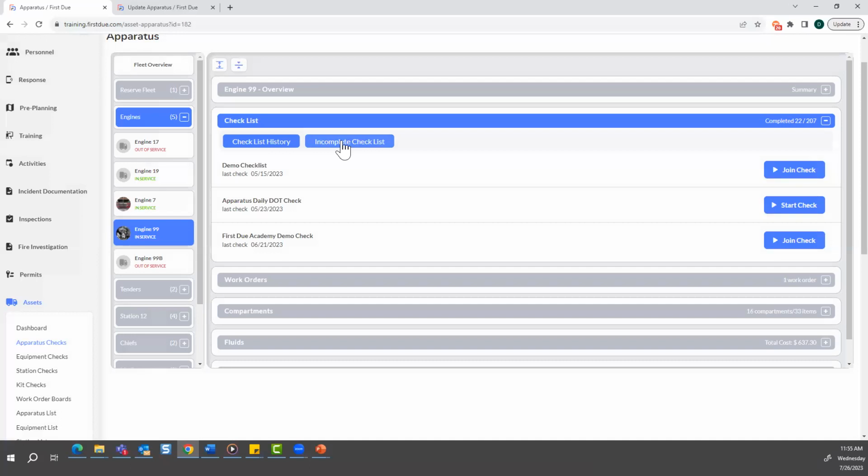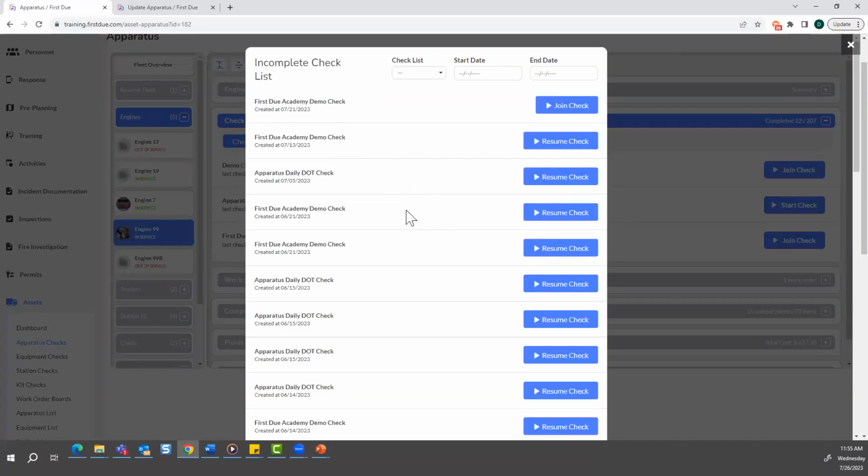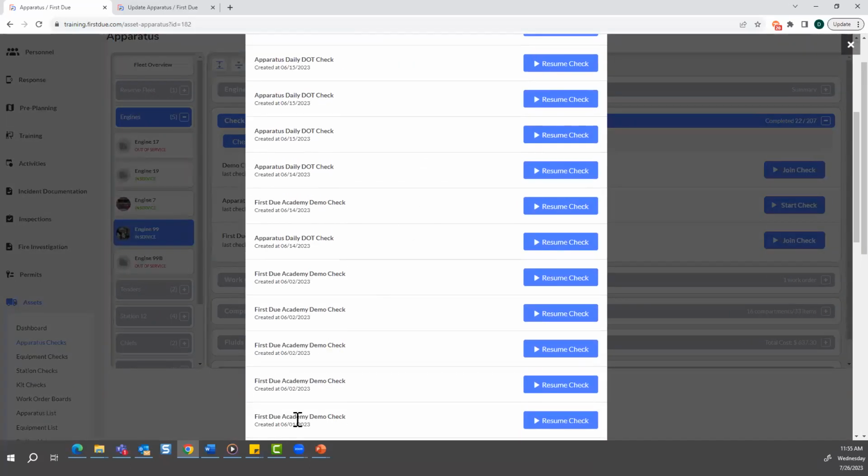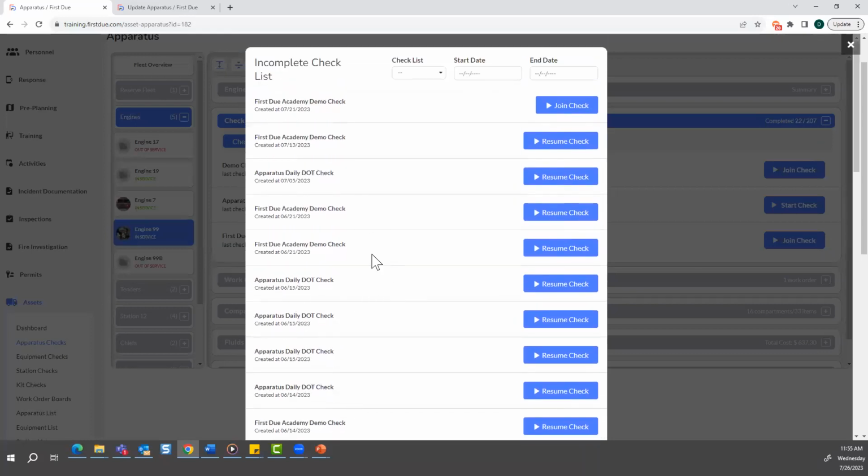I can also pull up any incomplete checklist. So we'll see here that these are checklists that have been started, but have not been completed. So here I can jump in, I can resume the checklist, or I can click to join a check. When I see the join check option, this means that someone else is already in the checklist. They've already started it, and they're currently doing it. I can join it as a second user, or I can go through and then resume the incomplete checklists from